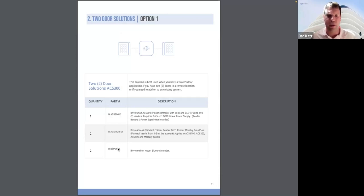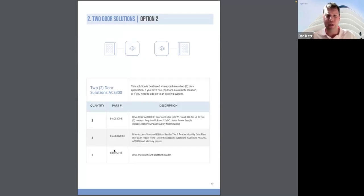We're showing the mullion reader here. We also have a keypad, single gang, and a single gang reader, and these come in white and black. And now I'm going to